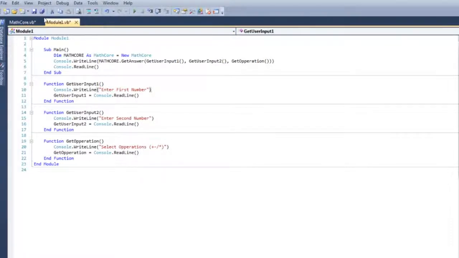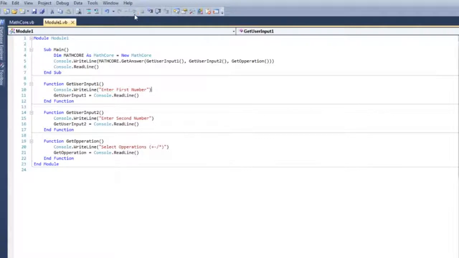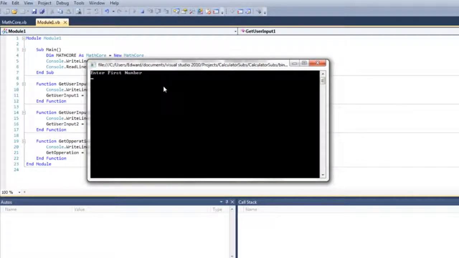Okay, so we've built that all up. Calculator subs, save. If we just run it from inside here rather than putting exe, enter the first number. 3, enter the second number, 4, select operation, we'll do a simple add, and it's 7. Okay, and obviously using what we know from